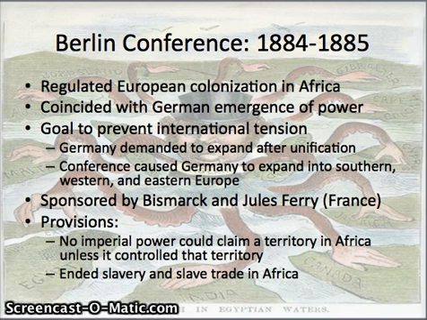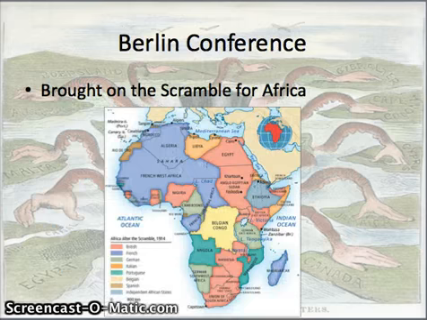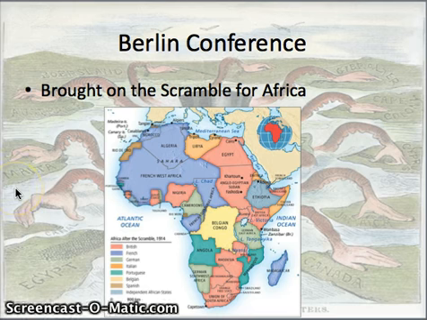But at the same time, because these direct rules and regulations are established, it's going to make the scramble for Africa much more tangible, right? You know, now they realize, oh, we need to influence these areas now so that we can later claim them. Okay, and we're going to go back to this map a bunch, but again, you see that by the outbreak of World War I, virtually all of Africa belongs to one country of Europe or another. All right, again, the major exception, Liberia and Ethiopia. These areas are represented in blue, which you can't really see that well, but hopefully in your video you can see it better. These are independent African states, but every other part of Africa is controlled by some European country.